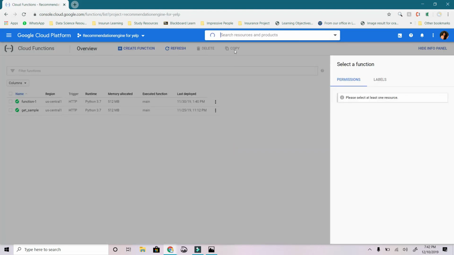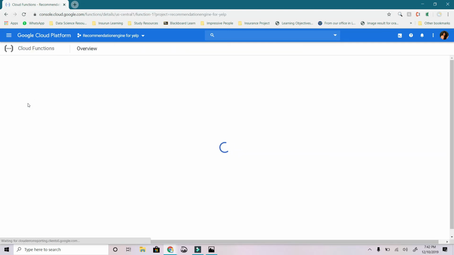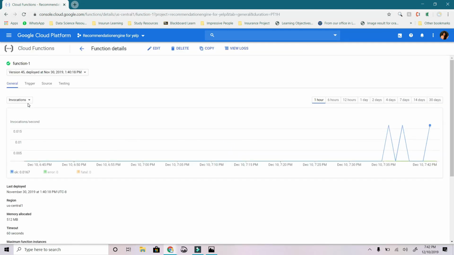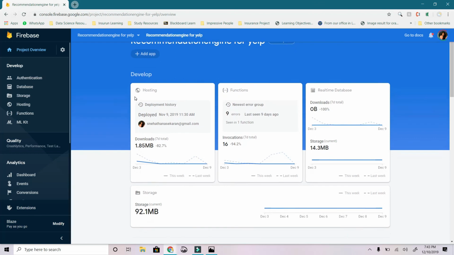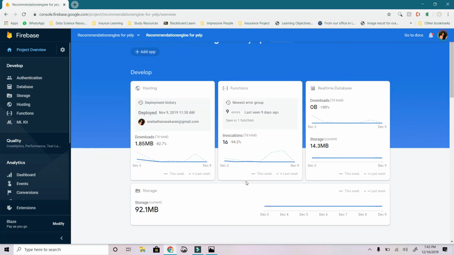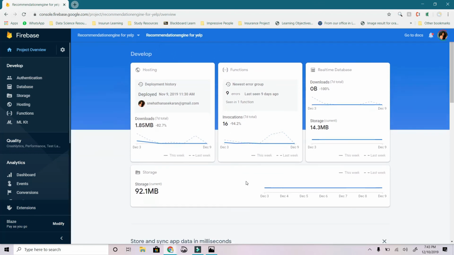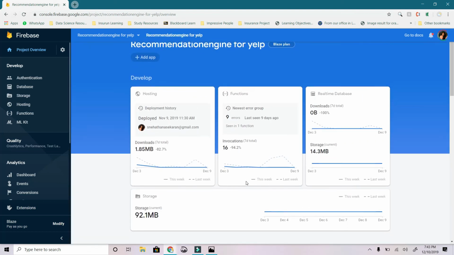A quick recap, we have 2 cloud functions running behind to fetch you the data you require, and our main front end is based on Firebase that has all the stats on my users and everything. This is a complete package, and